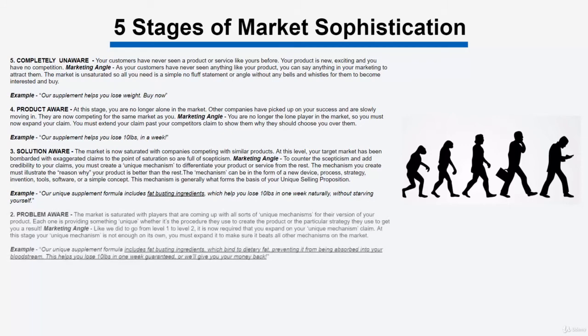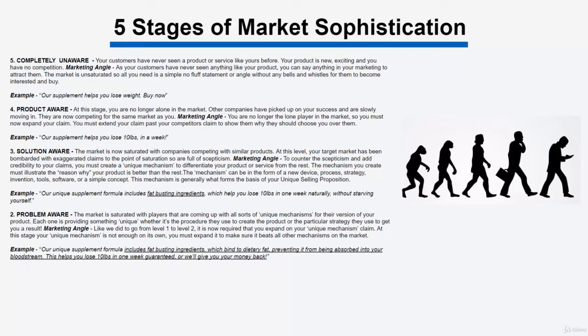So let's go to stage 2. At this stage, they are problem aware. The market is saturated with players that are coming up with all sorts of unique mechanisms for their version of your product. And to be honest, very few companies out there actually have a unique mechanism. A lot of times, companies will develop a USP, unique selling proposition, unique value proposition, but they rarely have unique mechanisms. So it's really important that you can develop a unique mechanism for your particular business so that your customers,